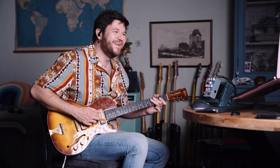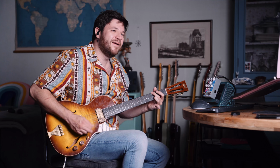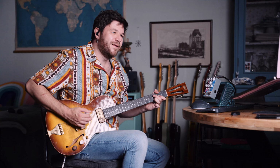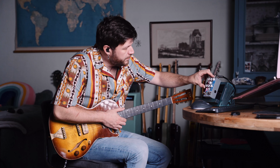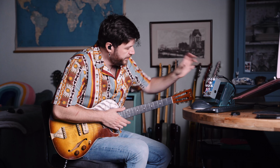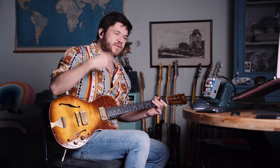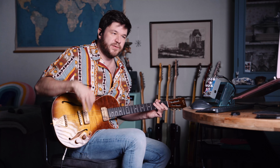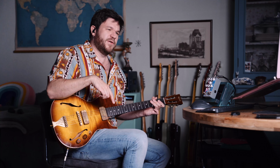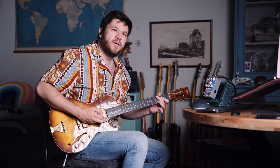Okay. Ooh, this is brilliant. You know what you can do now? Let's see if this works. I think this may work. If you have a lot of reverb and you start playing chords, it gets messy really quickly when you go to the next chord and the previous chord is still in the decay of your reverb. But now...